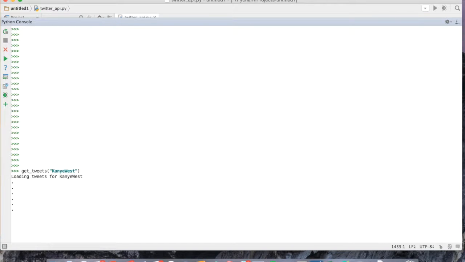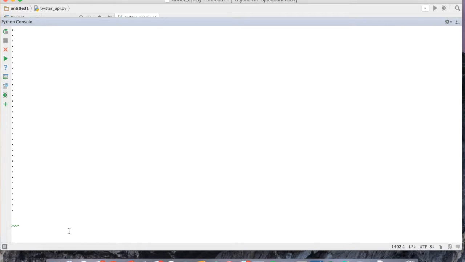Just to explain, API stands for Application Programming Interface. Don't worry about what that means, or the words themselves, but basically it just means a program you can interact with. So I can ask the Twitter API for something, which is all the tweets for Kanye West, and then it returns something back to me. That's basically what an API is, and it makes it so you can build on a lot of cool things and work with other programmers. There we go, we got all Kanye's tweets.